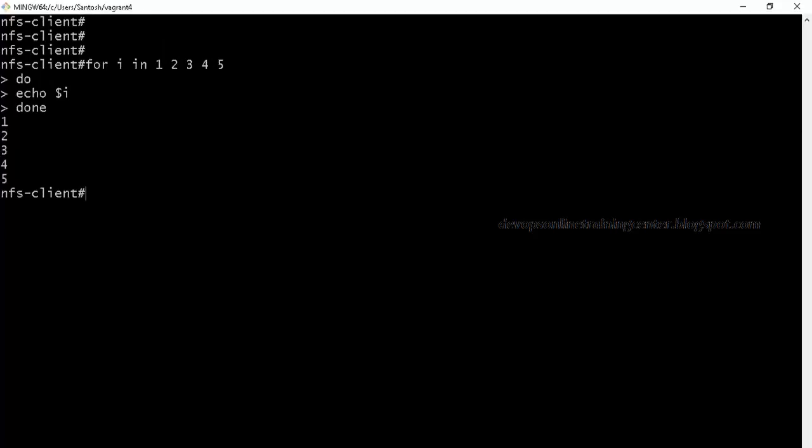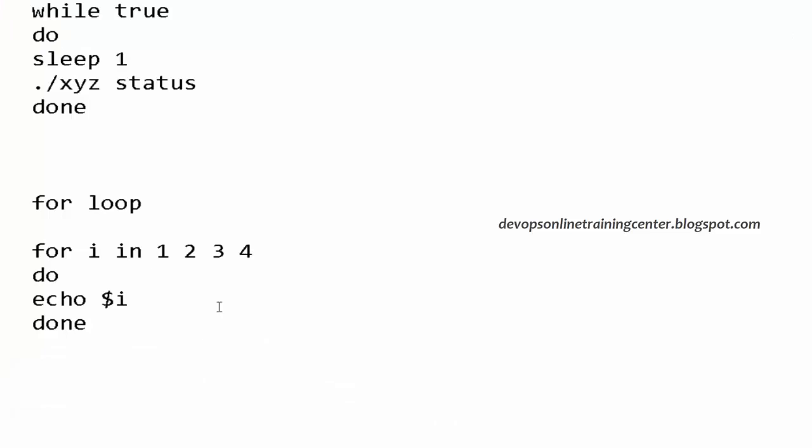Okay. So there is also another way of using for, which is like C-like syntax. In C we use, right? So same way we can use for I is equal to, let us say 0. So here the syntax is different from the way we use in shell scripting.